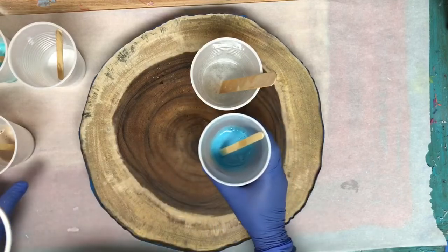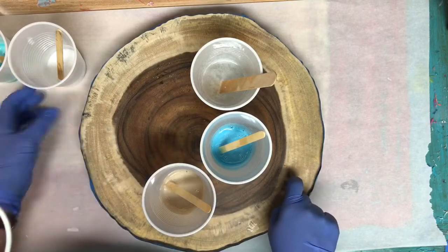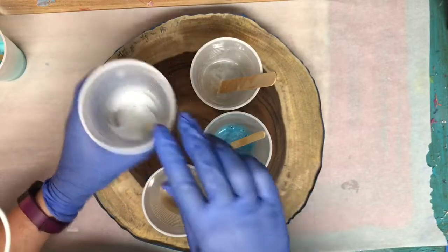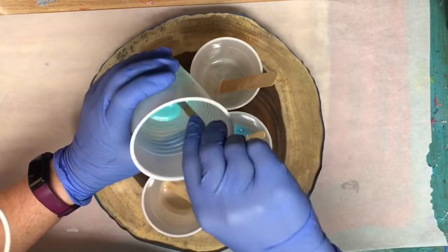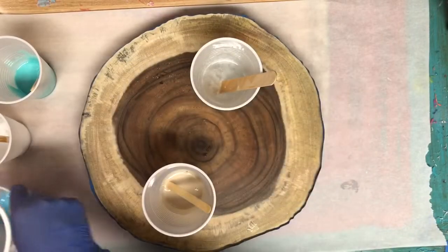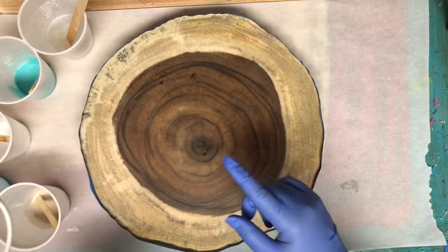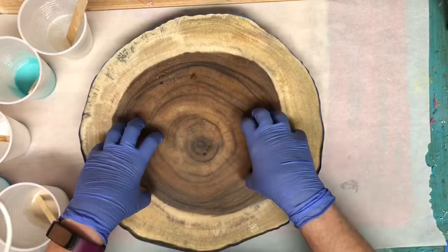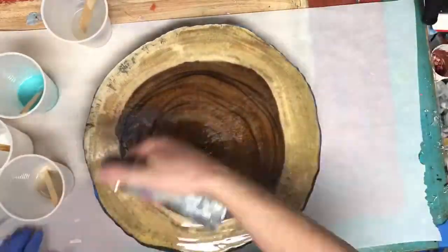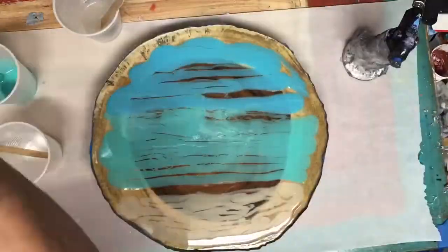So we're going to start off with clear. I got some turquoise, some warm gray for the sand, and some white for the waves, and some Bahama blue. So what we'll do is put you in time lapse, and then we'll come back afterwards and take a look at what we got. So I'm putting down a clear coat and adding all the colors,